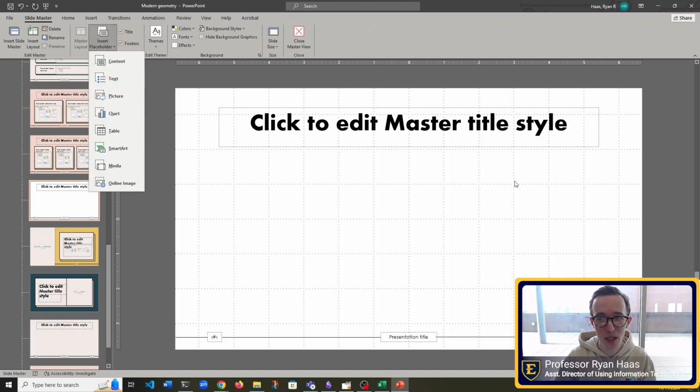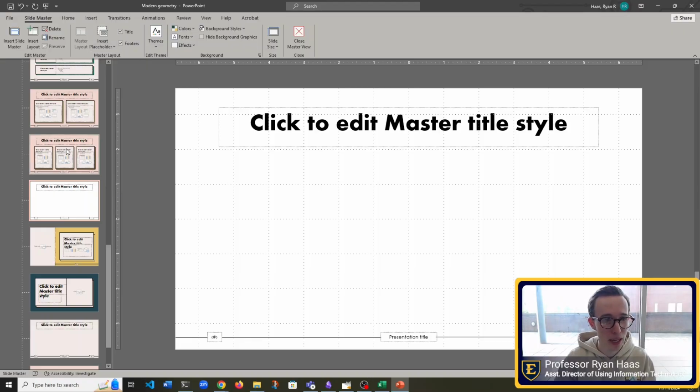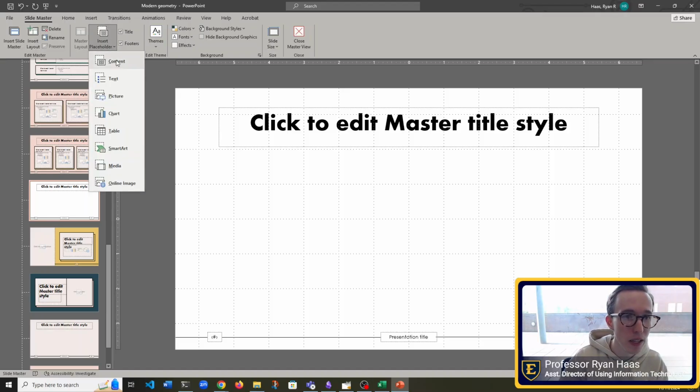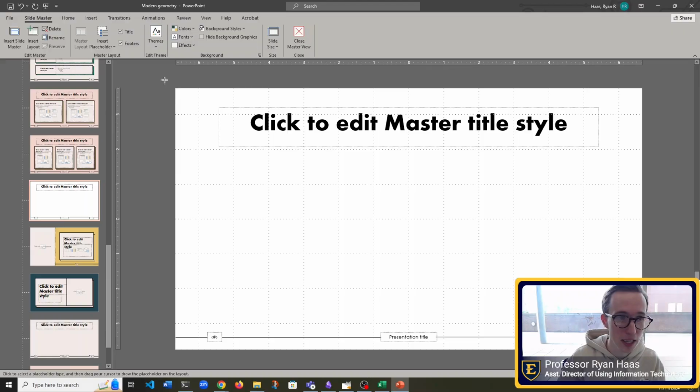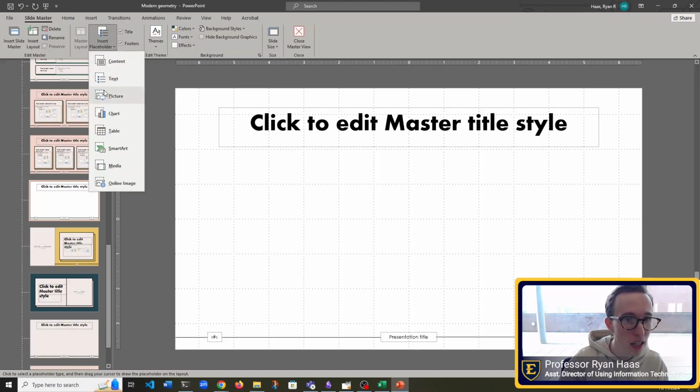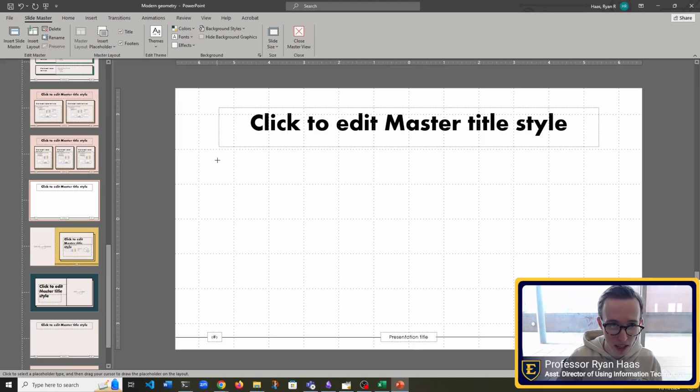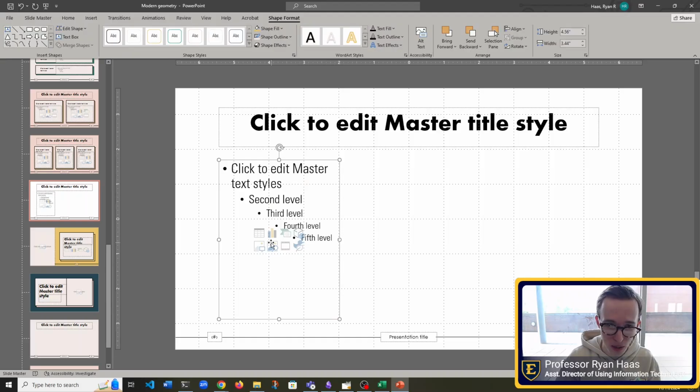So what if I wanted to create three different boxes, kind of like this one? I could go to insert some of these. Let's do content placeholders. Content means it will let me put text, images, tables, charts, videos, all of that in these boxes.